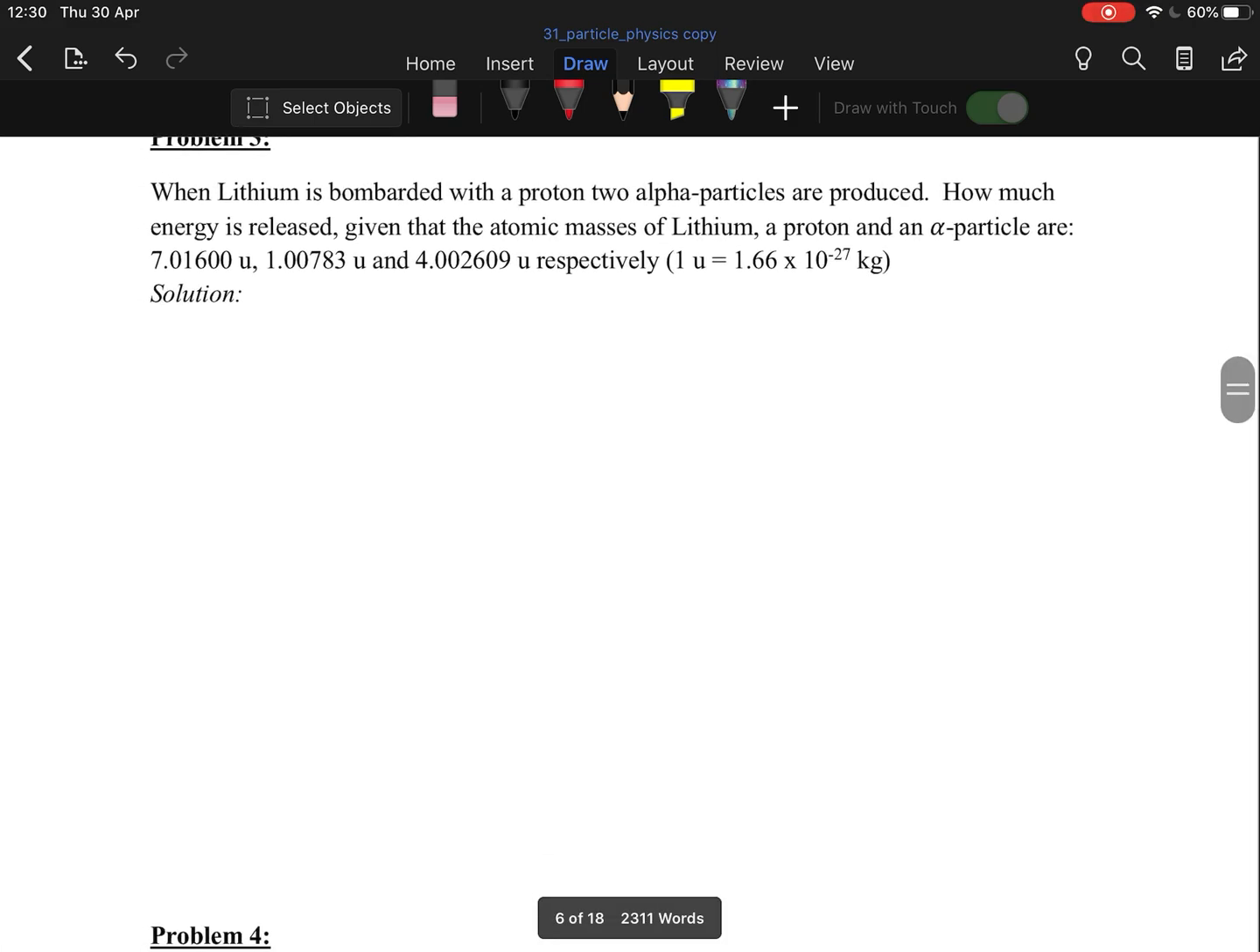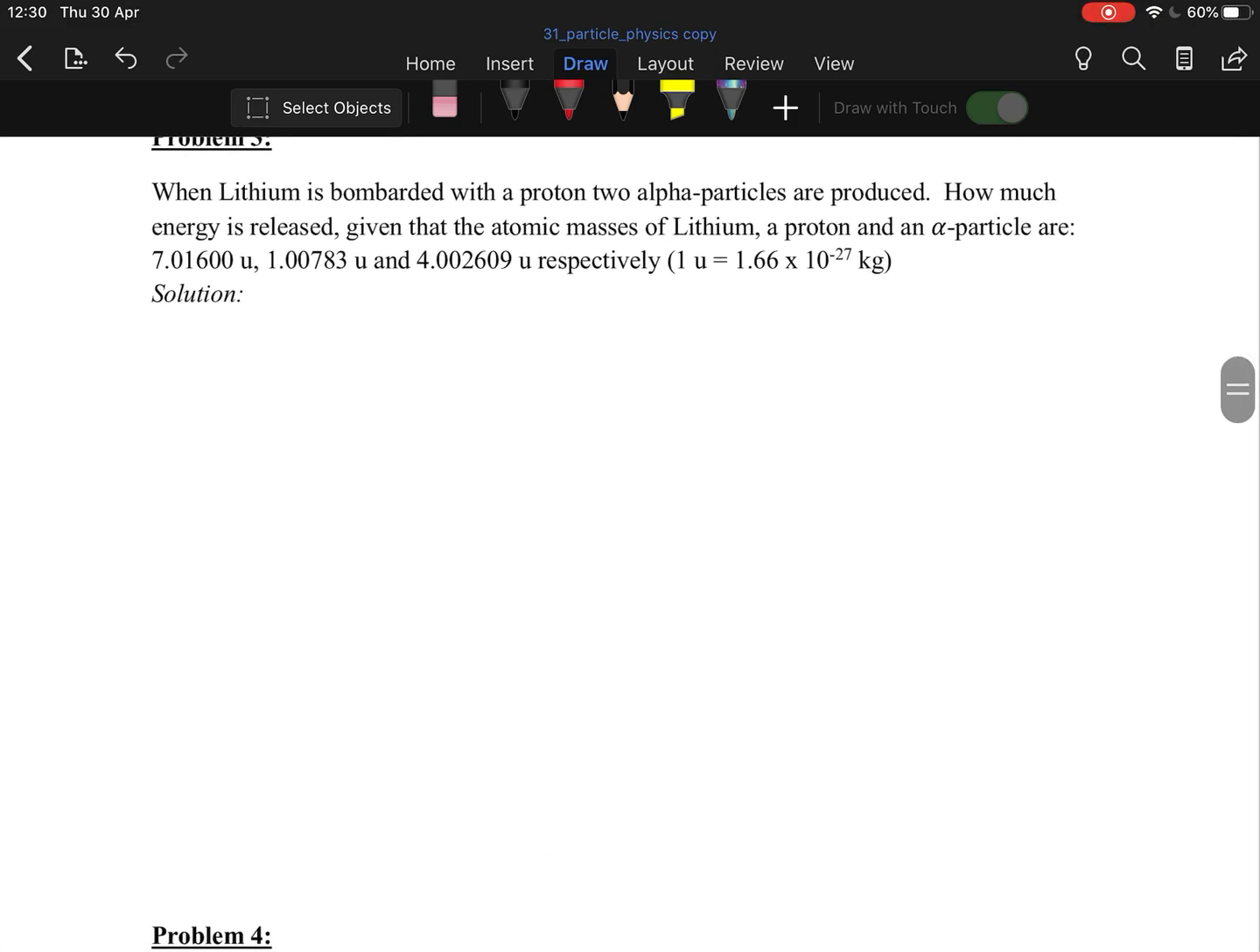When lithium is bombarded with a proton, 2 alpha particles are produced. How much energy is released? Given the atomic mass of lithium, a proton and an alpha particle are, so they're given to us in the U values, and those are their respective masses. So what you do, as always,